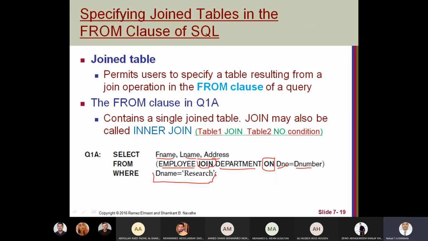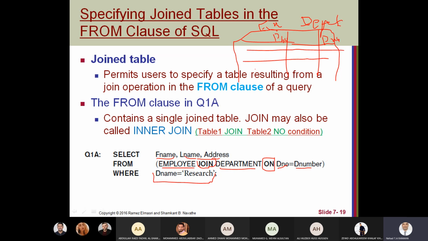After join, what will happen? Actually, it will happen like this. It will join between the two tables. All attributes come from employee, all attributes come from department. Where we have D number in the employee equal department number of the department, then join all tables.